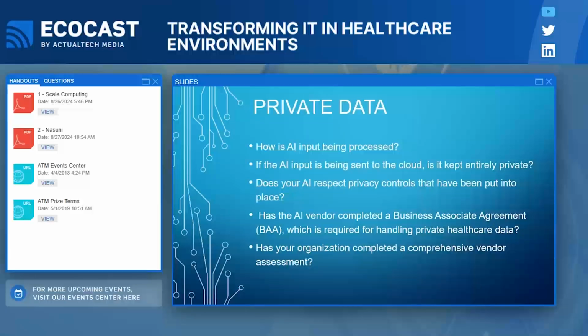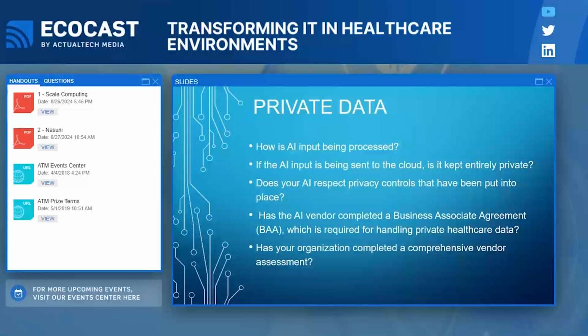That's something that you strongly have to consider when you're adopting AI, because you never ever want an AI system to override the security and privacy boundaries that you've put into place. So you have to make sure that your AI is going to respect any access controls that you've already established.